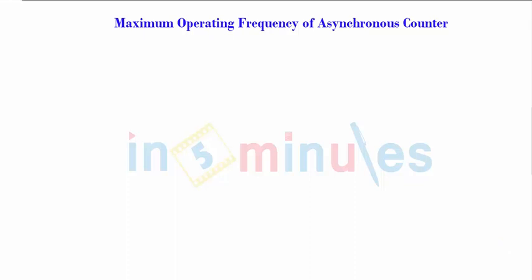In this presentation we are going to see the maximum operating frequency for the asynchronous counter. Now we all know that the asynchronous counter works on the basis that the next flip-flop is triggered by the previous one, and only then will the next flip-flop work. Means what? Suppose we are considering a 3-bit ripple counter, the propagation delay for the first flip-flop gets added